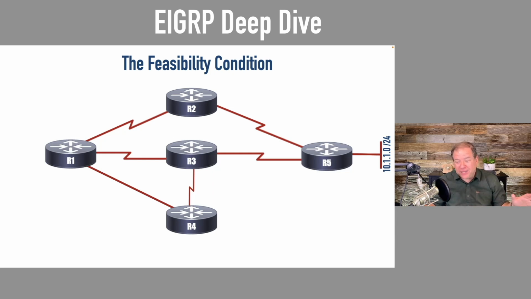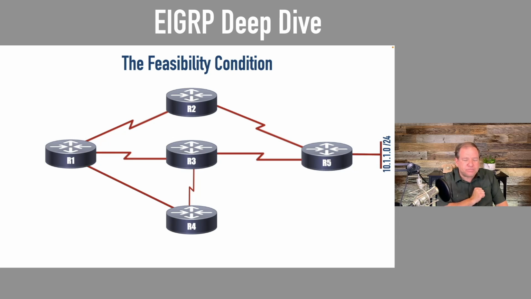Okay, we've got a feasible successor in R3, so R1 starts going to this network via R3. What if it goes down? Well, R1 might say, well, R4 said it could get me there, let's just go to R4. But you see, that's not going to work, because R4's way to that network was via R3, which is already down. So in an attempt to prevent something like this, the feasibility condition says, yeah, if your